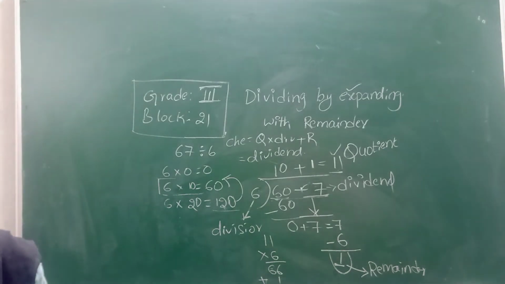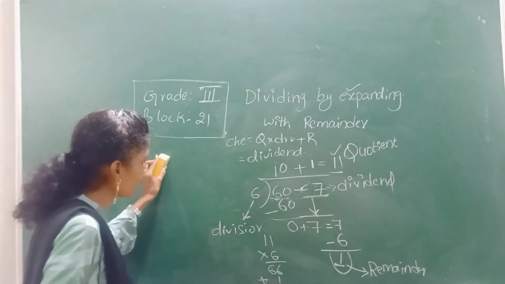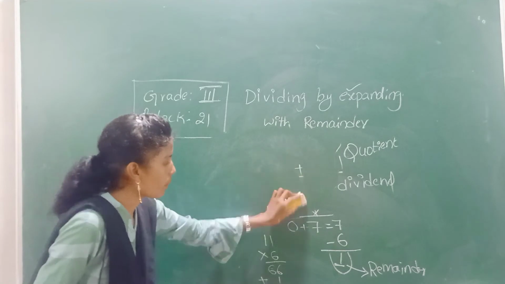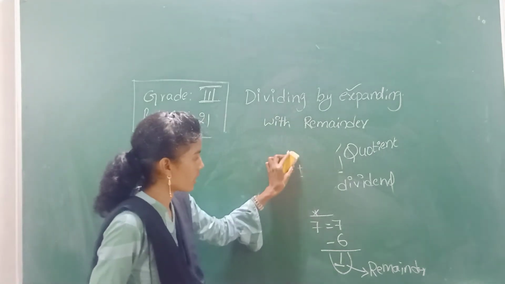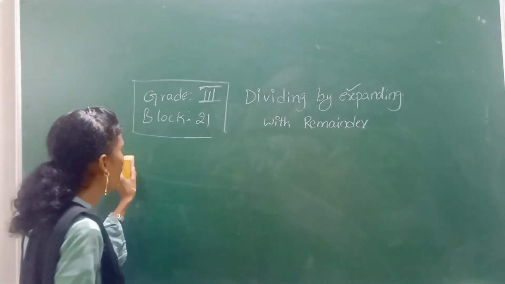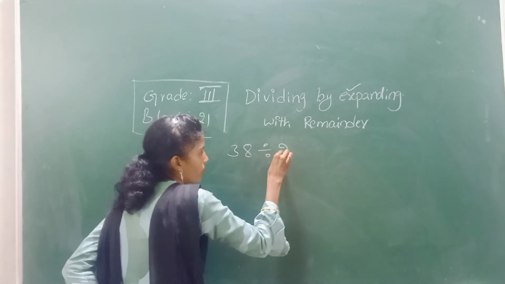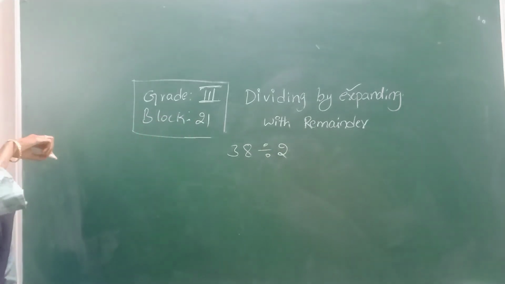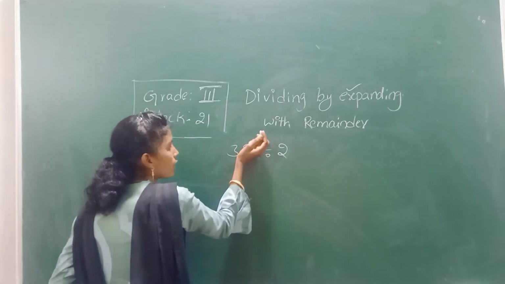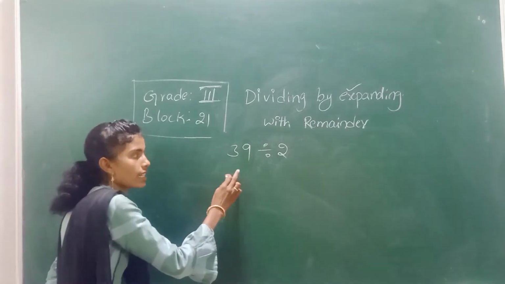So let's check one more example to understand it better. You have to read the 10 table of the given divisor, means you have to read the normal table, then add some zeros for the normal answer. So for example, here I have 38 divided by 2. I'll take 39, because if I take 38, it won't give a remainder. So 39 is divided by 2.